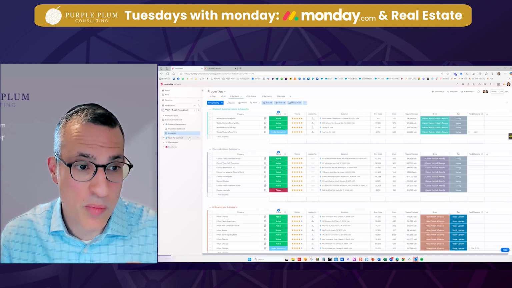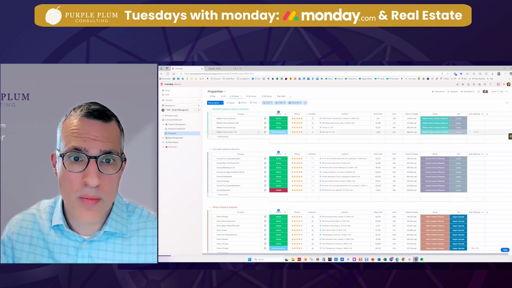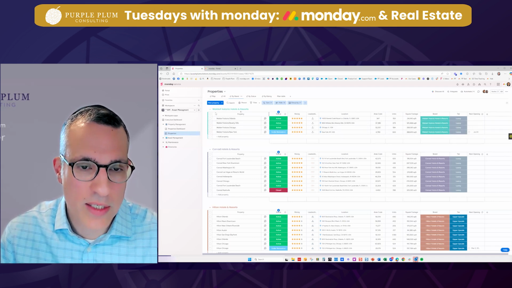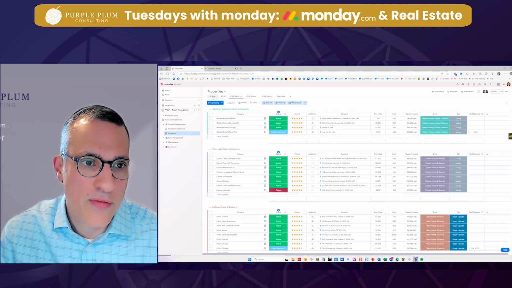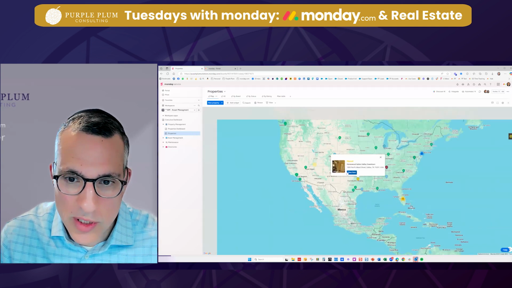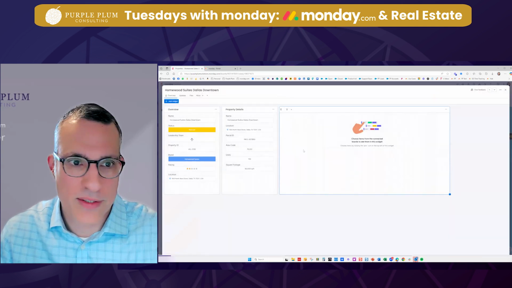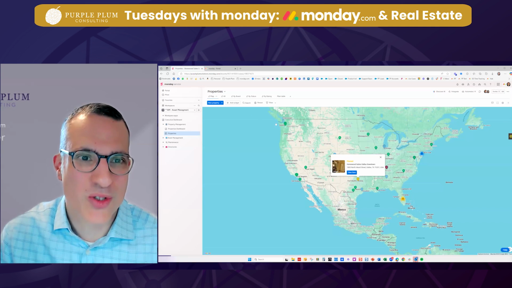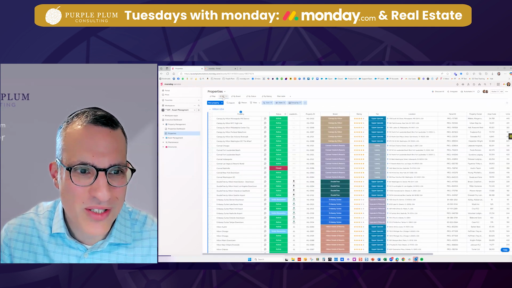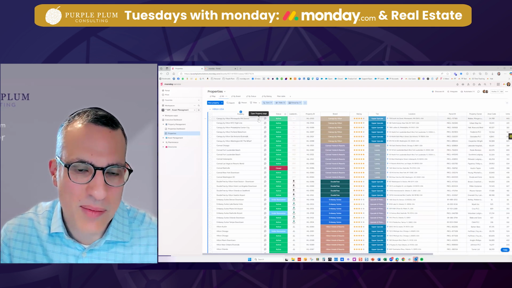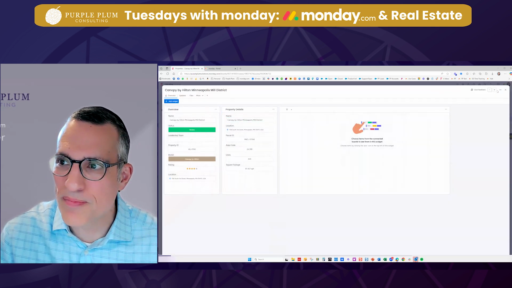And so we have a board of properties, a pretty straightforward board, where we've grouped them by the actual brand. You can see the various information associated with them. If I wanted to look at the map view, I can see them all on a map. I can drill into a particular property, even go into the details that way. All very drill-downable, so to speak. If I wanted to look at the details of a property, I can click into one and see more information as appropriate.